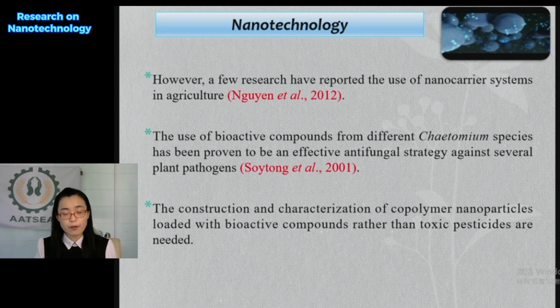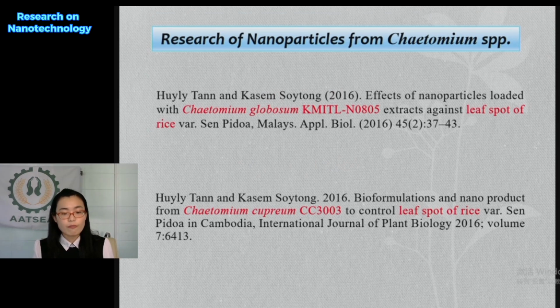The use of bioactive compounds from different Chaetomium species has been proven to be an effective antifungal strategy against several plant pathogens, by the research of Soytong, 2001. The construction and characterization of copolymer nanoparticles loaded with bioactive compounds rather than toxic pesticides are needed. So for the research of nanoparticles from Chaetomium species, in the year 2016, Hui Li Ta and Kasem Soytong reported